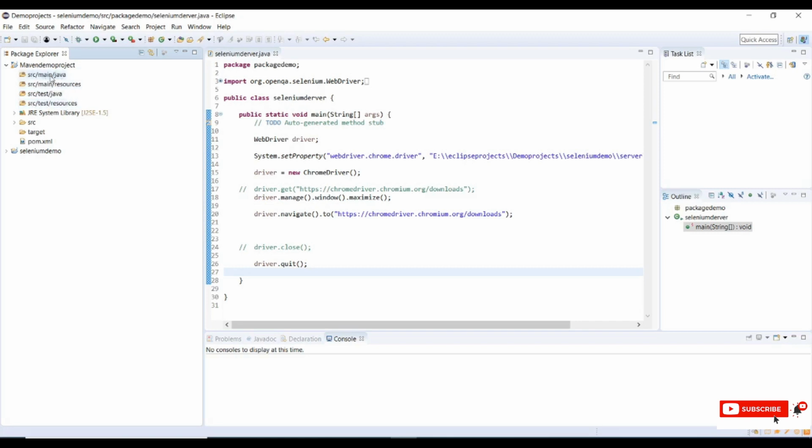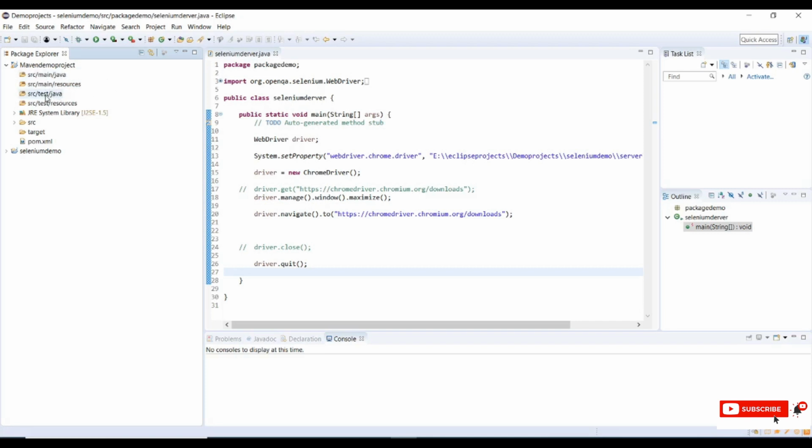The main Java and main resources are where we write the actual code for the application development. The main Java folder contains our actual code, and main resources contain files like XML, PNG or JSON related to the main project.